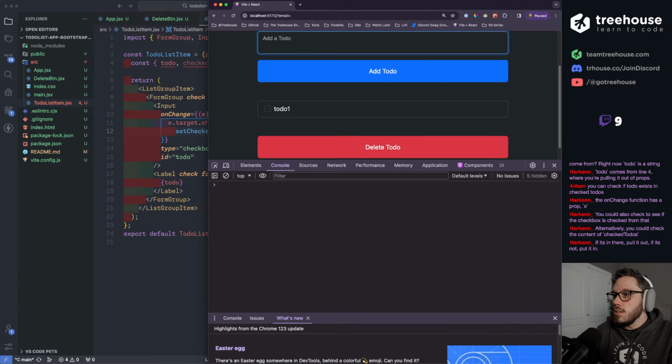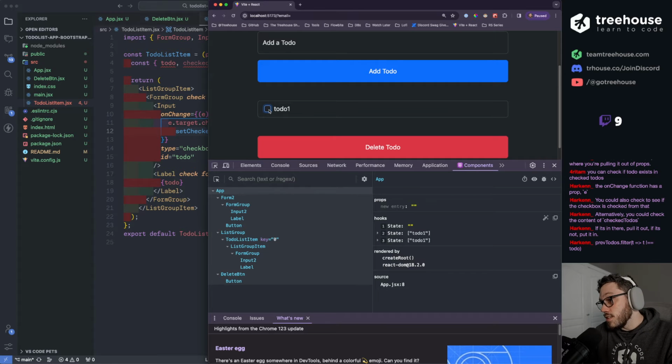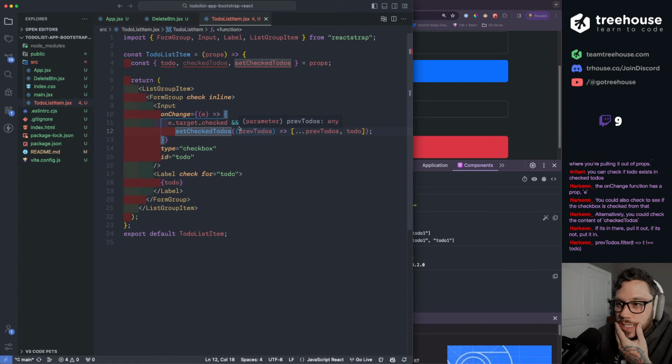So to-do one, let's check the app. Okay, so it adds it in there. If I click it again, it does nothing. That's great. Now if I add it, now I click it again, then it adds it as a second item. So now I also need to check to see if it's already in there, I guess.